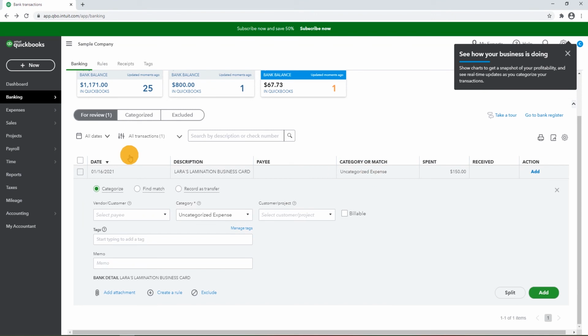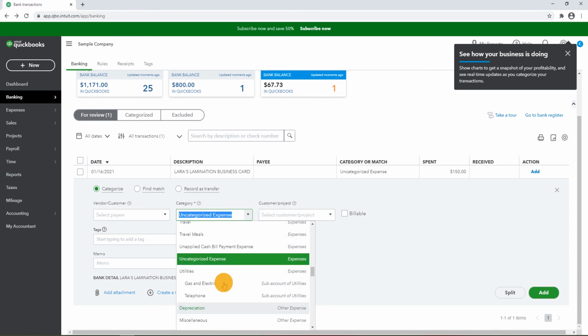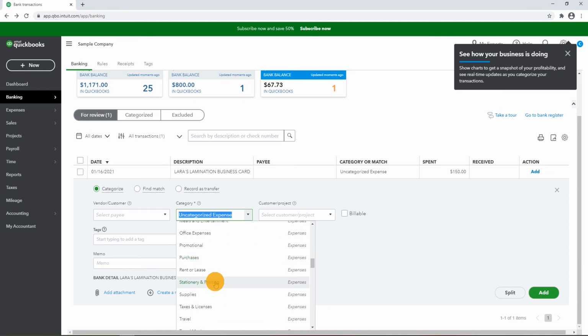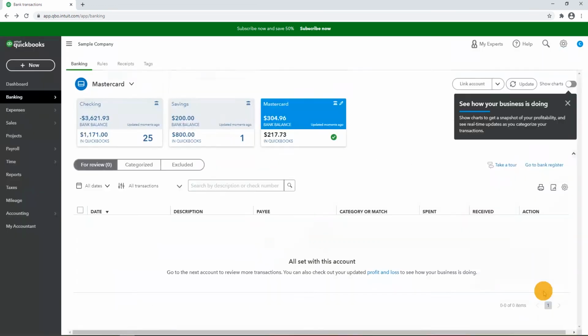I click uncategorized expenses for the business card. I want to be more specific. So these expenses will be recorded as office expenses. The stationery and the printing expenses are office expenses. I'm going to choose office expenses. Right, and that's it. I'm going to add. Okay, so we'll recognize all these, the credit card